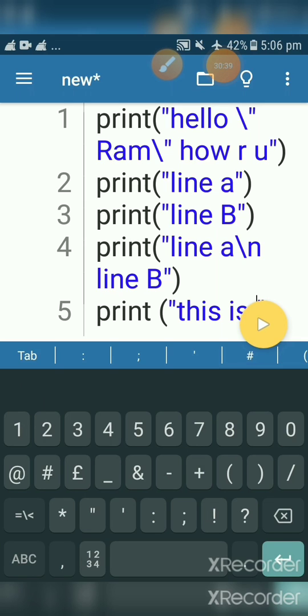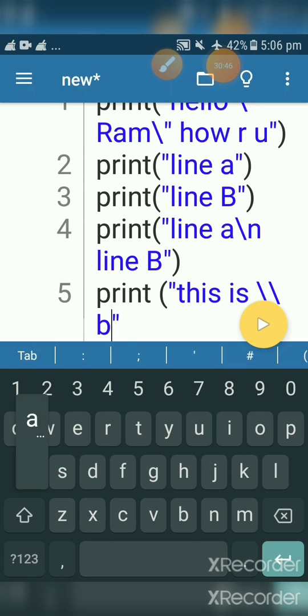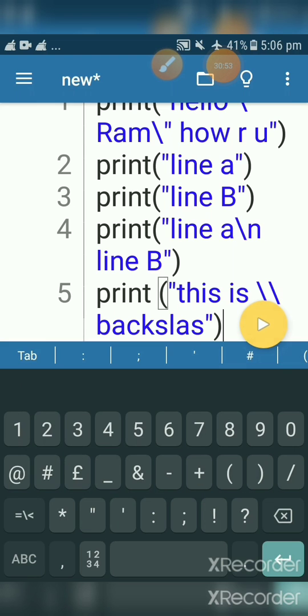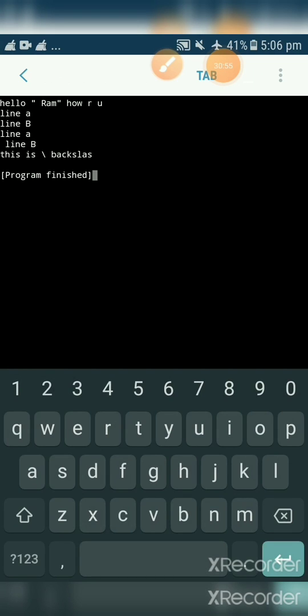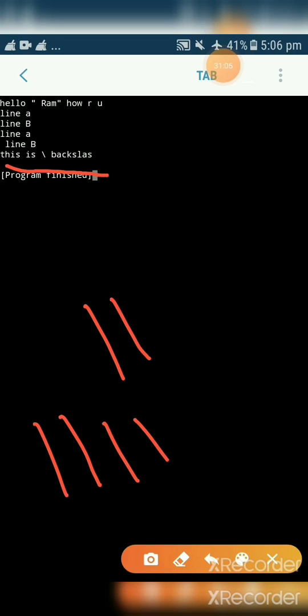For that you have to use this backslash 2 times, then write backslash. Okay, now close this, run. See, this is backslash. In this way you can print a backslash by using a double backslash. If you want 2 backslashes in the output, you have to use backslash 4 times. Okay, I hope you are getting my point.